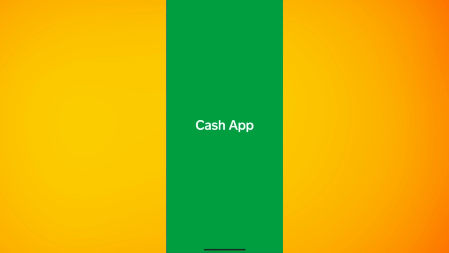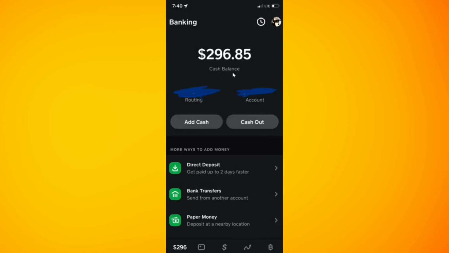First of all, you need to open your Cash app application just like so, and then you just have to simply log in if you aren't already. Over here on the home screen, you will see your profile icon in the top right hand corner. So you can either tap on the profile icon and select the banking tab, or you will most likely see the banking tab on the home page, and here you need to simply scroll down and select the